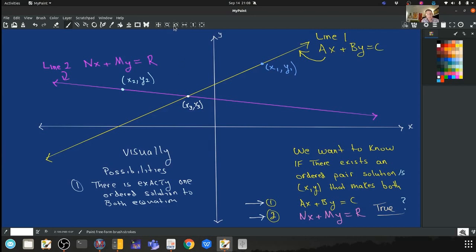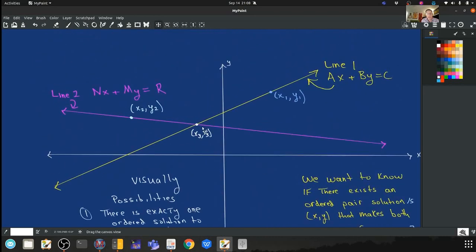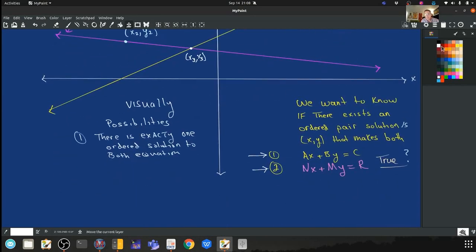So that's one possibility. Another possibility, and we have that visual solution, don't we? This visual example right now, which is literally one in an infinite number of possibilities, there is only one point that lies on both lines, and that's the only point that makes the line 2 equation true and the line 1 equation true. So another possibility I want you to consider